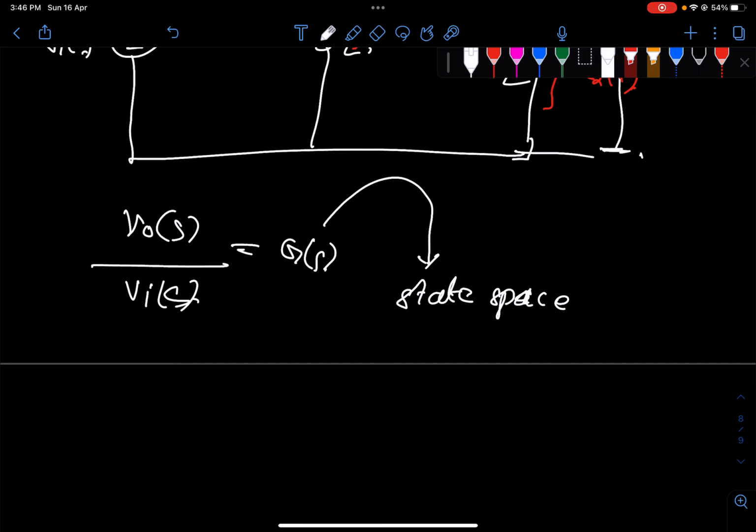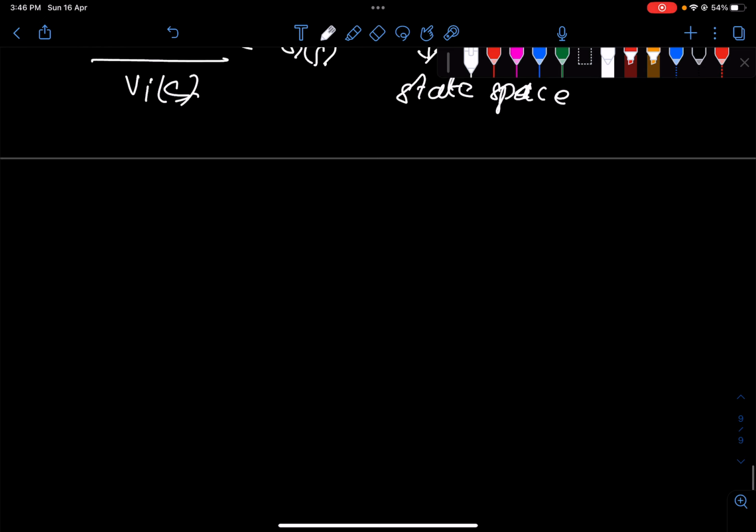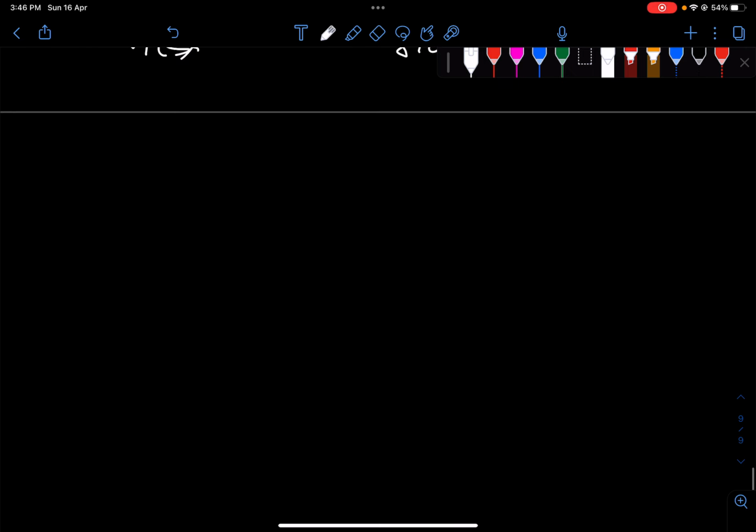As a result, we will try to get the transfer function of our circuit and then see whether there is any other method to arrive at the state space from the transfer function. That is somewhat easier, right? Before going to that technique from transfer function to state space, let me ask you, if this is the circuit,